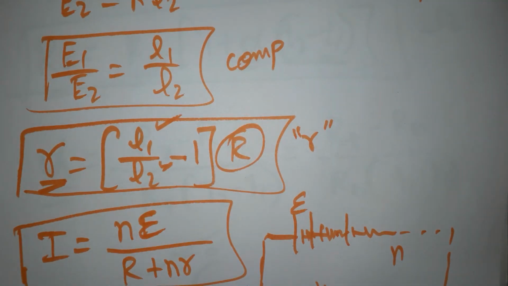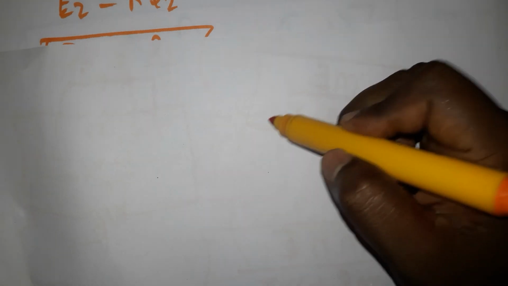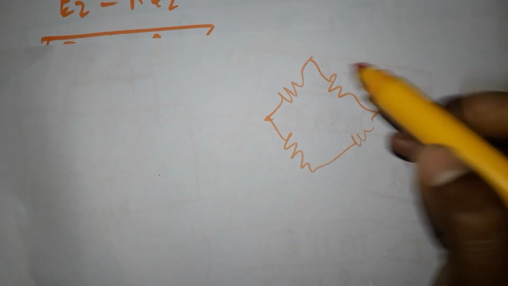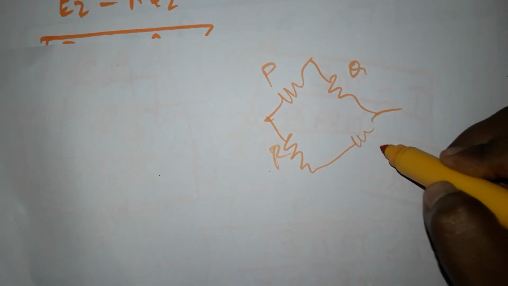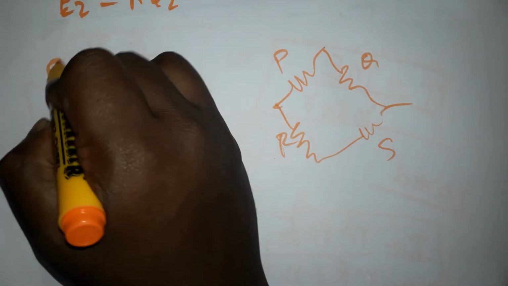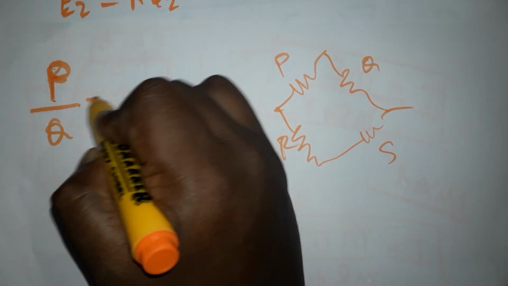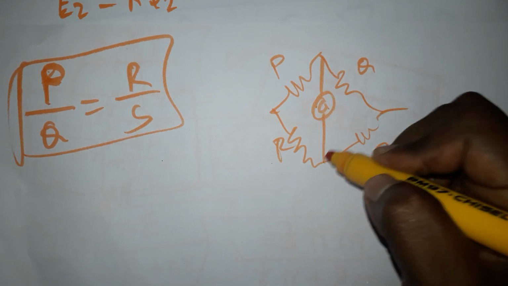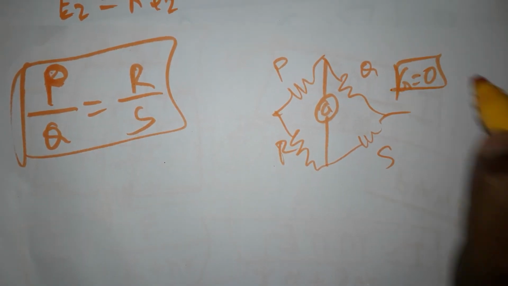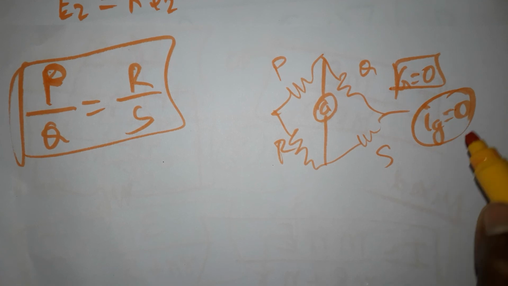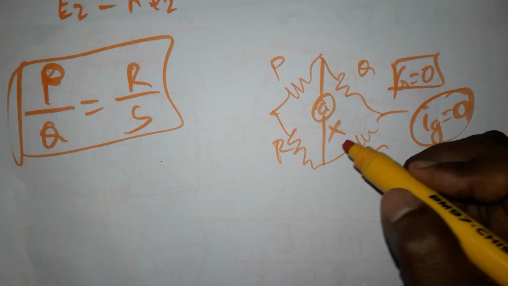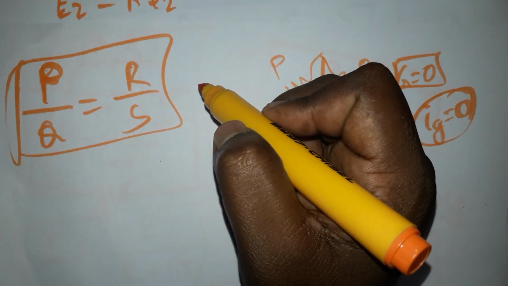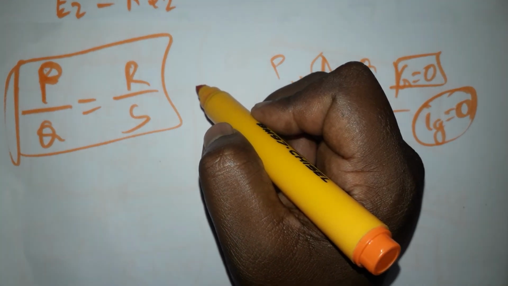Okay, the next thing is the Wheatstone bridge. When the Wheatstone bridge is connected with 4 resistances, a balanced circuit has to be made. They are P, Q, R, S, all resistances. P by Q is equal to R by S. When this is satisfied, the center galvanometer is going to show 0. The current in the galvanometer is going to be 0, because the current does not flow through the center branch. P by Q is equal to R by S is called the balanced circuit. It is the equation for the Wheatstone bridge.